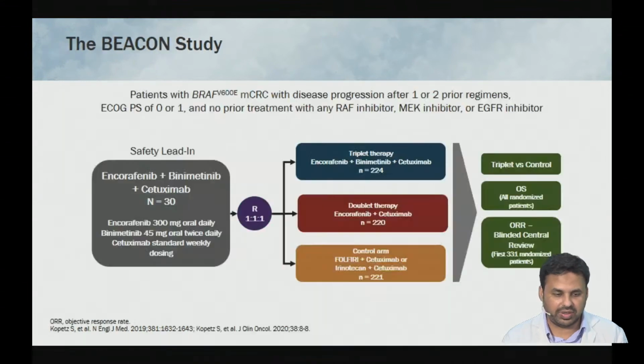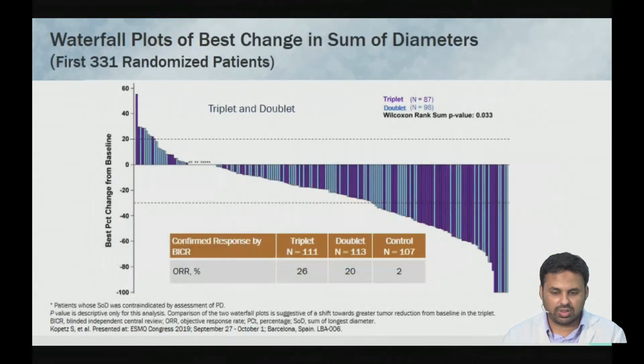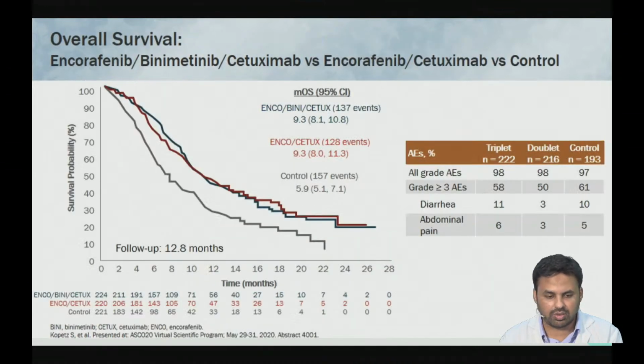So this was the BEACON study, which studied in the second line the combination of BRAF, MEK and anti-EGFR, or a doublet of BRAF with anti-EGFR, compared to the control arm with doublet chemotherapy with anti-EGFR. This showed that the overall response rates were improved with the triplet and the doublet arm as compared to the control arm, and also the survival was significantly improved in the triplet and doublet arm. So BRAF combined with anti-EGFR agents can be used in the second line treatment of BRAF